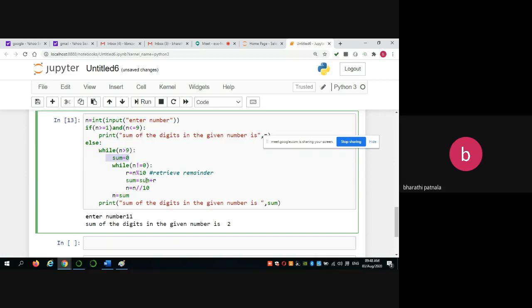Previously the sum is 1, so 1 plus 1 is 2. Finally n value is 0. When n value becomes 0, sum is equal to 2. That will be assigned into the original number. So 2 greater than 9? No. Immediately the sum of digits is 2.